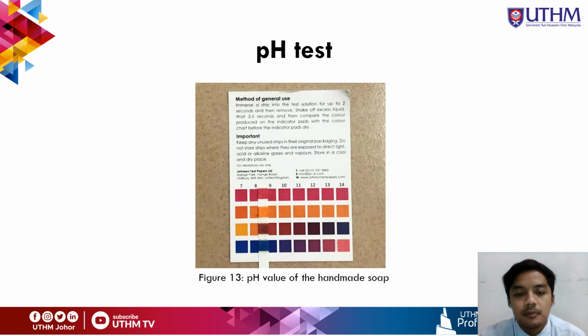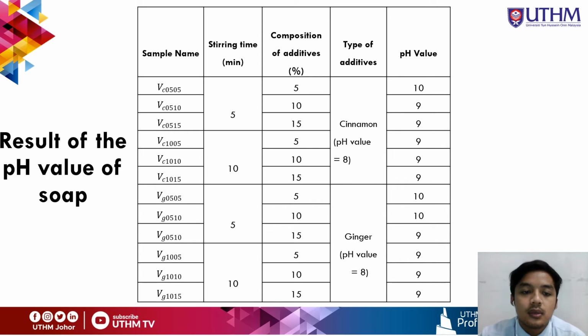Okay, so for the pH test, this figure below shows an example of the pH value on one of the handmade soaps that we have produced. Okay, so the pH strip will be calibrated with the color chart to find the exact pH value of the handmade soap. So this is the result of the pH value of the handmade soap. Mostly, the handmade soap produced with the plant-based additive has a pH value of 10 and 9, as shown